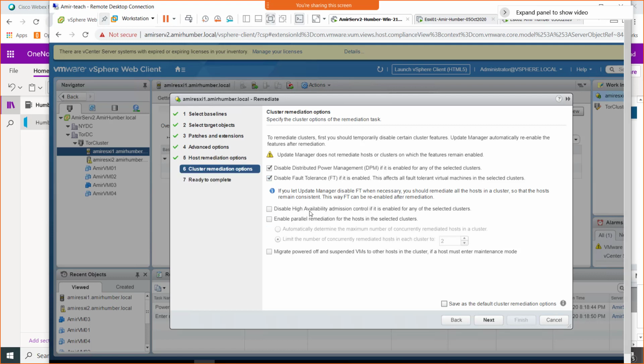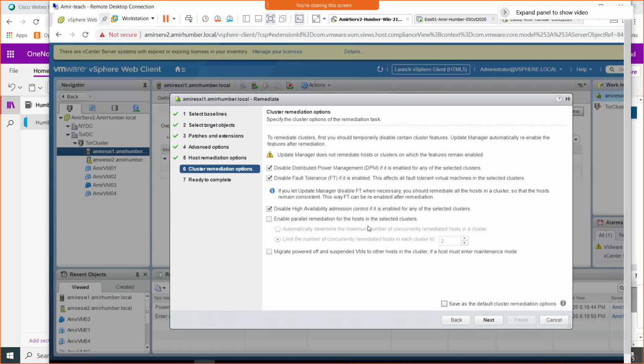And disable high availability admission control. We did disable that because we have very limited RAM and CPU, and we don't want capacity reservation to be on. I know we disabled it, but let's just disable it here as well. No surprises, please just patch my machine. Then it says enable parallel remediation for the hosts.